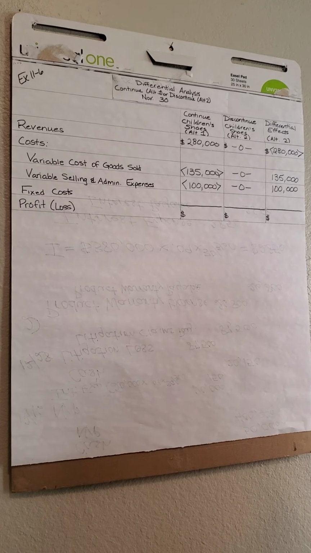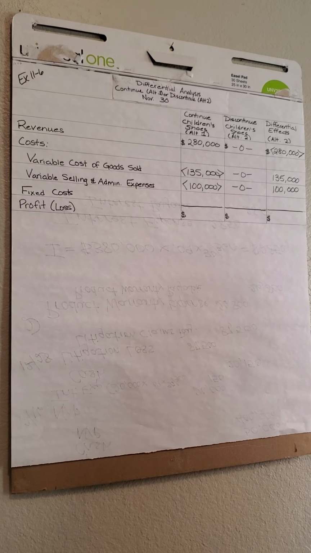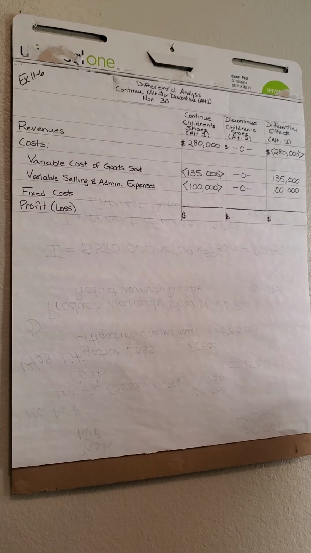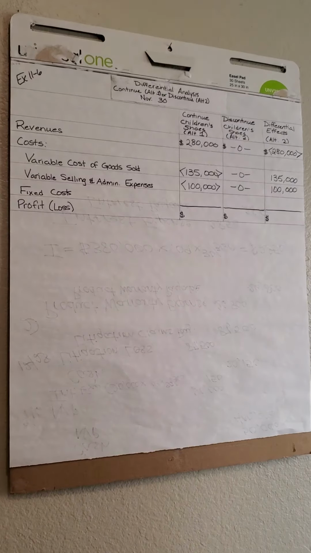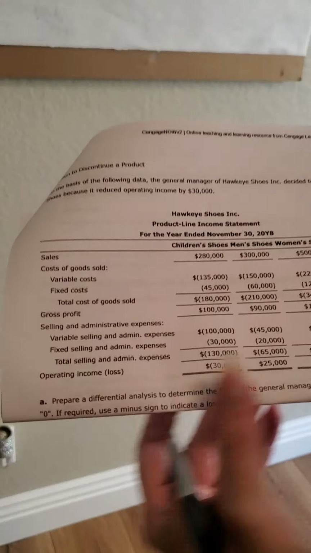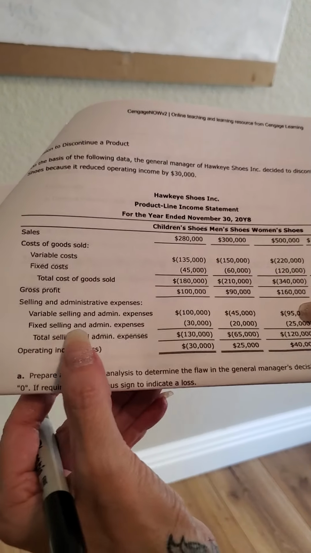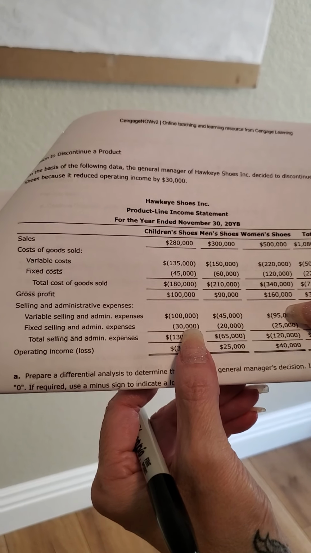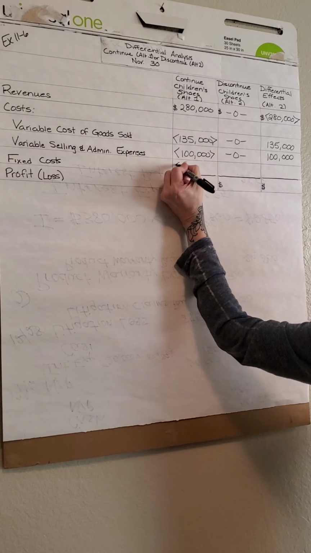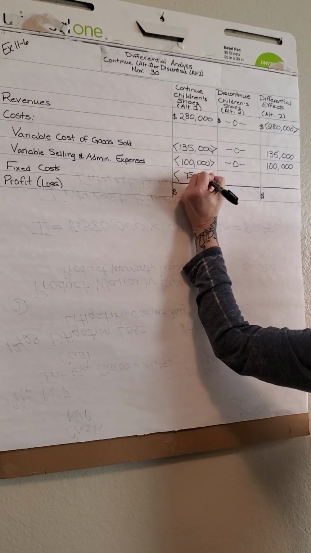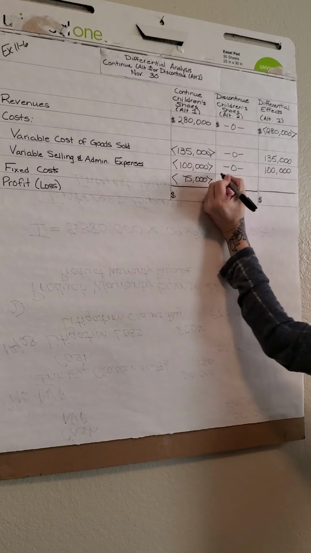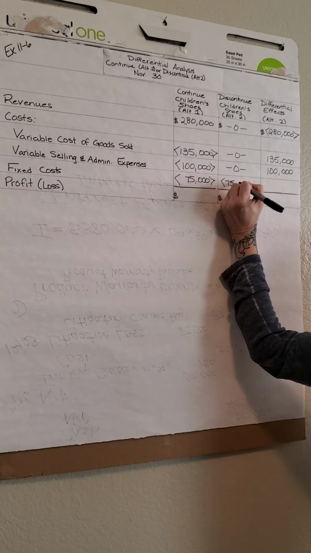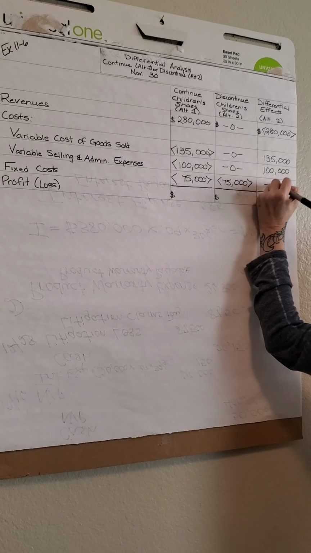And then the next line is we have to take into account fixed costs. And remember that fixed costs don't change with levels of production. We still have to cover those fixed costs. And if we look again on the problem here, we've got fixed cost of goods sold of $45,000 and fixed selling and administrative of $30,000. So we're going to enter our fixed costs into the table here as $75,000. Remember that fixed costs aren't going to go away. So under the other alternative, we would still have these $75,000 of costs, which gives us a net difference of